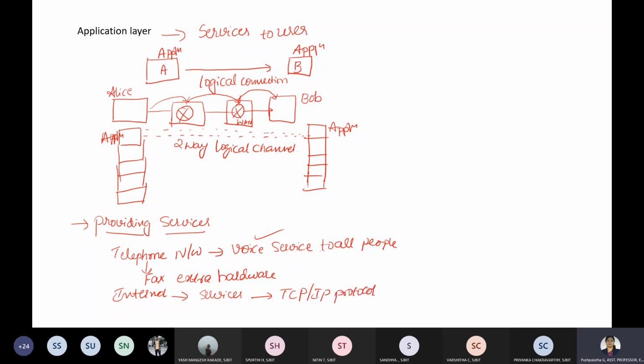This layered architecture makes the internet more flexible than other communication networks, such as postal networks and telephone networks. So the internet gives a lot of flexibility to people.